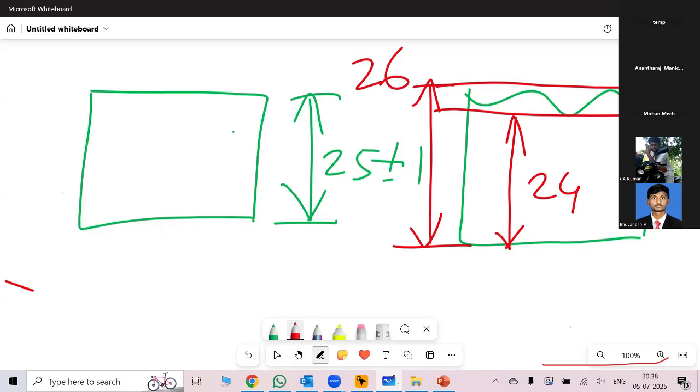I think we are done with most of the questions. Datums cannot have high deviations because, as I told you a few minutes before, a datum should be controlled with some GD&T, and the error should be within that specified limit. So it will not have high deviation. If it is having high deviation, we cannot take that as a datum, first of all.